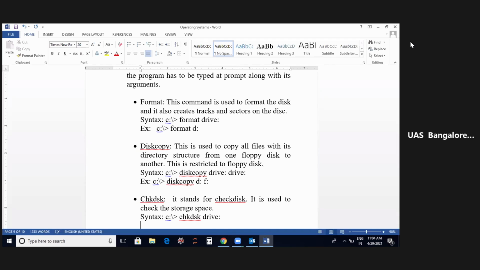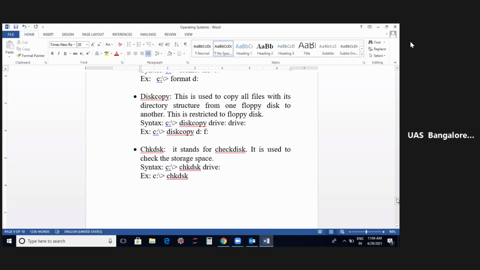You're just going to check the drive. For example C colon, you are going to check the storage space, like how much space is used and how much free space the particular drive has got. All these things you can check.